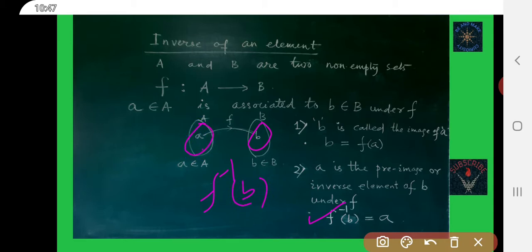A. This A. Okay. So here you can write F inverse of B is equal to A, or pre-image of B is equal to A.